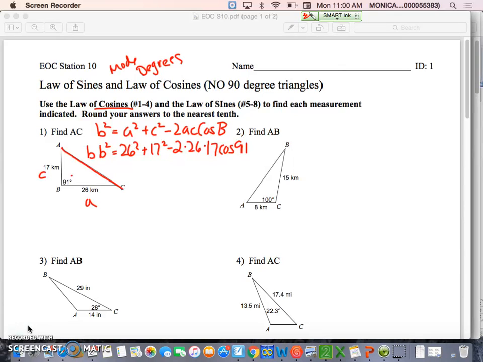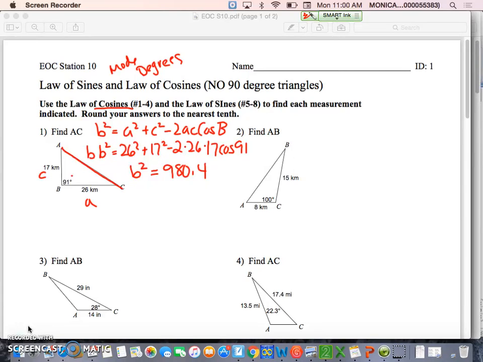Second, quit, and then you just type in the stuff exactly how it looks. 26 squared plus 17 squared minus 2 times 26 times 17. Oops, there should be times signs. Times the cosine of 91. Close your parentheses, hit enter, and you get b squared equals